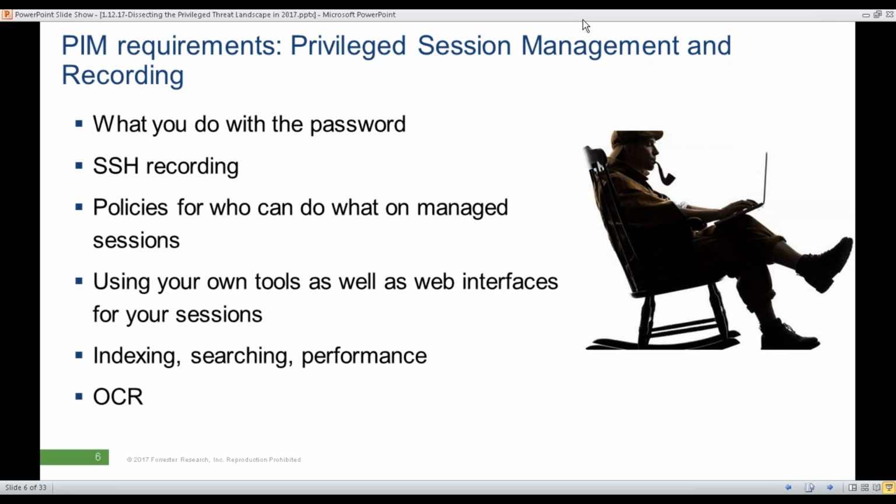Using your own tools as well as web interfaces for sessions. What this means is that some companies want to allow their users to use PuTTY, any kind of terminal, graphical terminal emulator, or RDP client to access the machines to be administered. Other organizations, especially if you have to open up your doors and firewalls to third-party outsourcer admins, only want to provide a web interface that the external